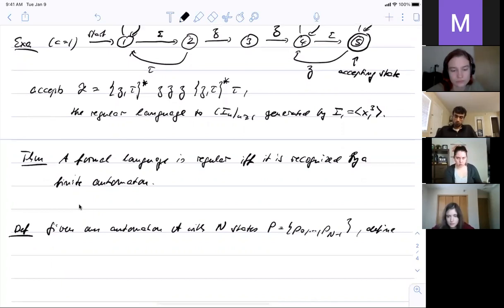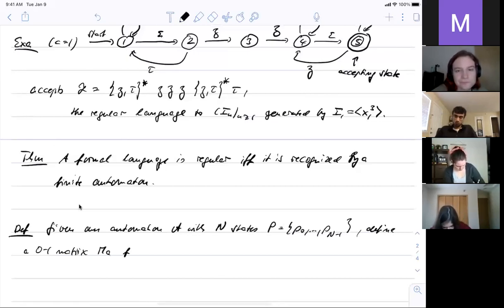We define a 0, 1 matrix M sub A for each letter